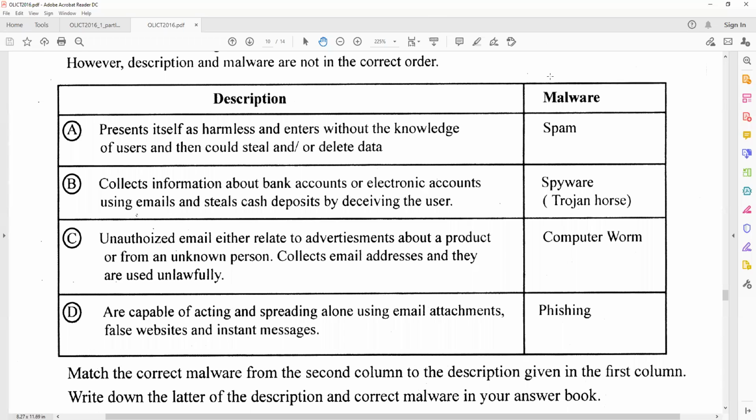Harmless and enters without the knowledge of the users and then could steal or delete data. So that is what we call a Trojan horse. Collection of information about bank account or electronic account using